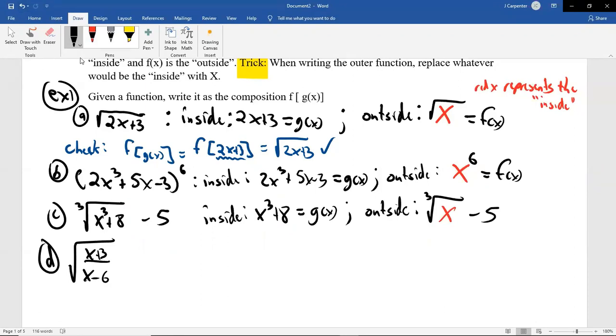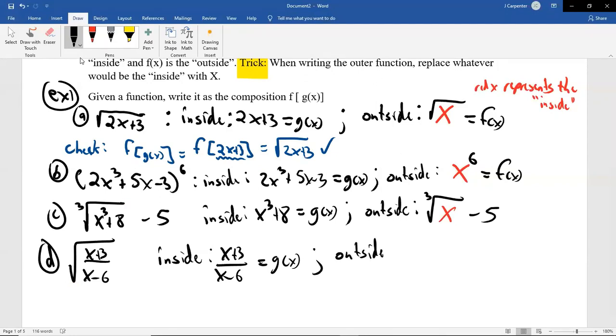So again, we've got a square root and there's a fraction inside of it. Whether that's acceptable or not in terms of algebra, we're not worried about. We're just worried about making this composition. So the inside is probably just the inside. I wouldn't call it just the top or just the bottom. I'd call it the whole inside. And again, I've said that there are times where you might call an inside the bottom of a fraction. That's not what's happening here. So the inside is the x plus 3 over the x minus 6, which we call our g of x,